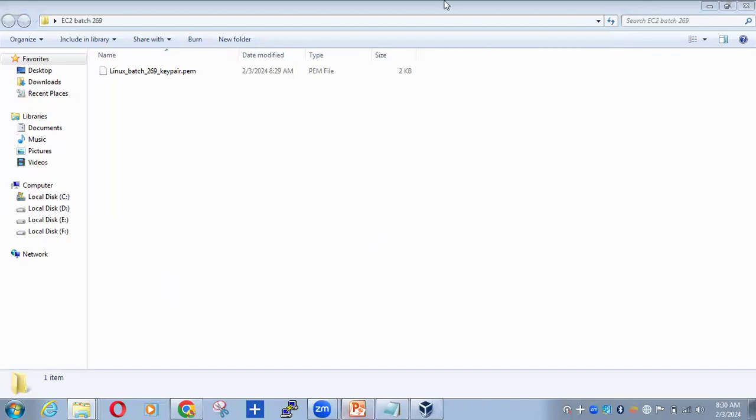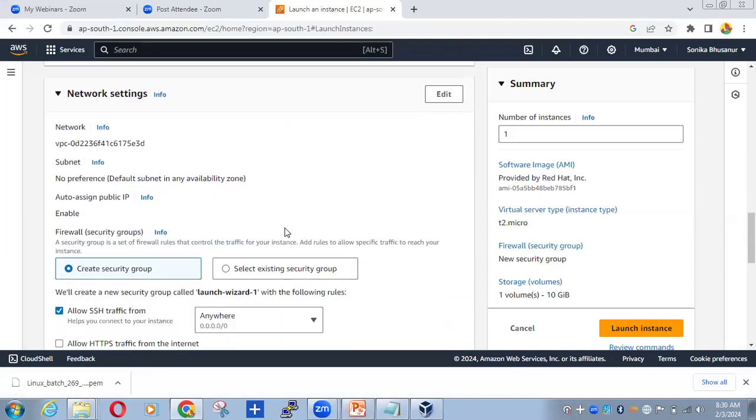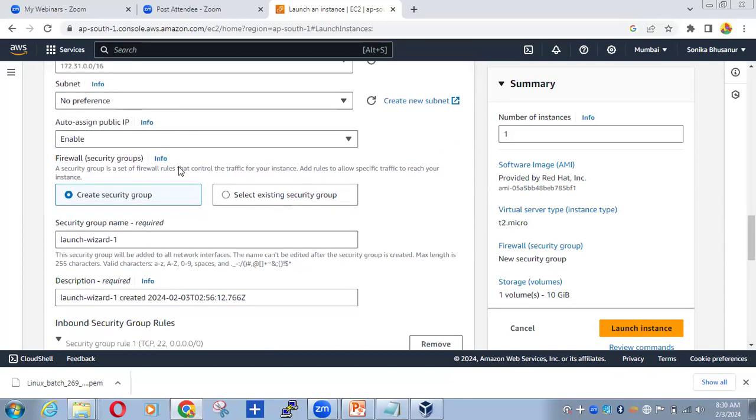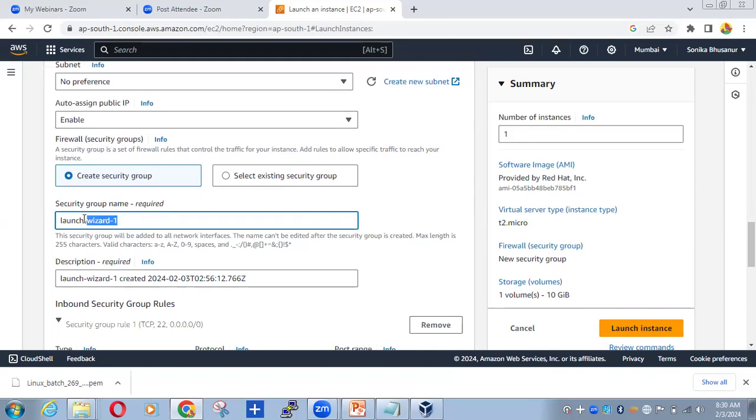Come back to the browser and come down to the network settings. We have to assign the security group here, right? So I want to create a new security group. It is selected and click here on edit. Do not make any changes to the upper part as of now. The security group name that you are going to assign, you have to mention here. So I am going to mention it as Linux batch 269,